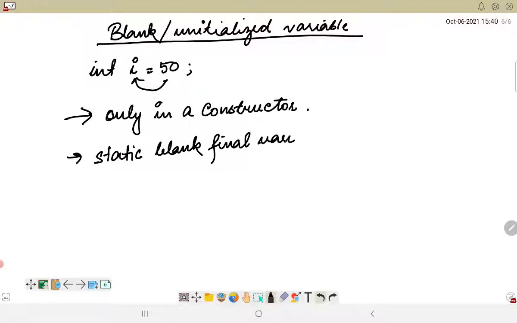We will talk about this deeply in subsequent sessions. For now we do not have to worry much about it, but we should know about the blank or uninitialized variable, which happens only when we use a constructor.